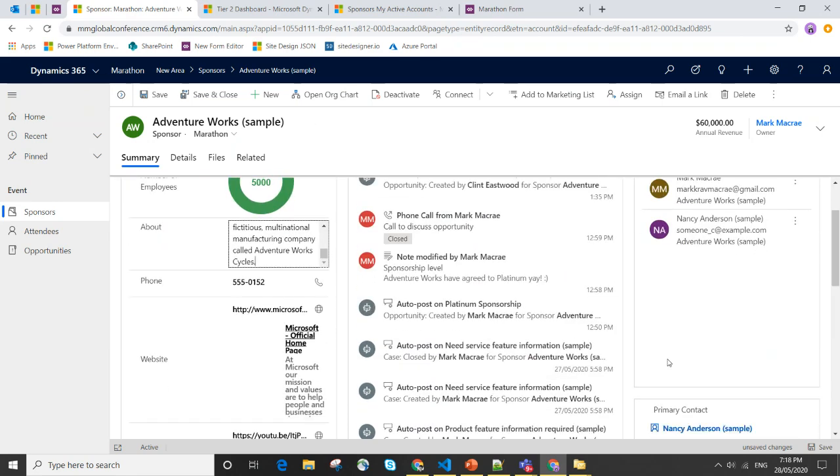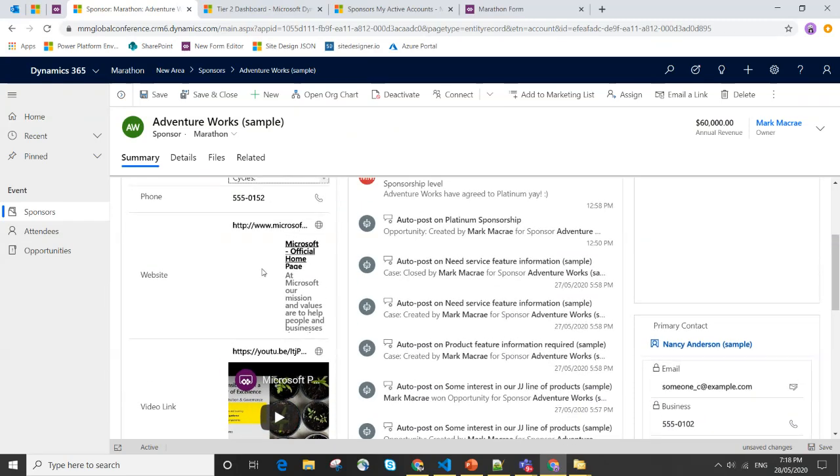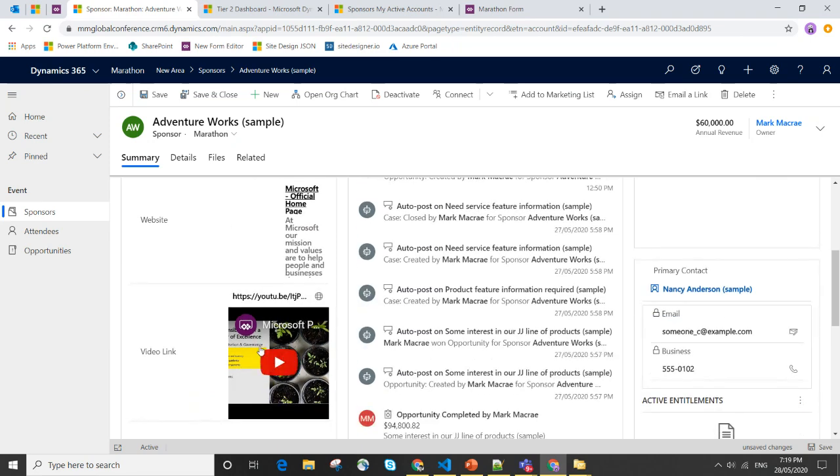We've got things like, for example, a website control. Rather than just static text, it can actually show the home page. I find that's not actually that great, and that's an opportunity for developers to perhaps code a better control. This is one that's come with the new unified interface. Again, a video, so you can maybe play a promo video for your organization, or just a video that you've recorded about that account, just a high level, maybe from the sales team,